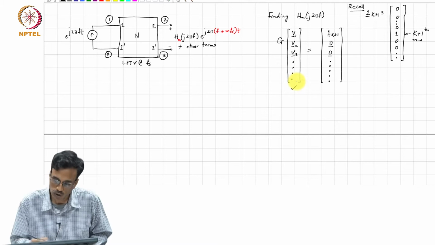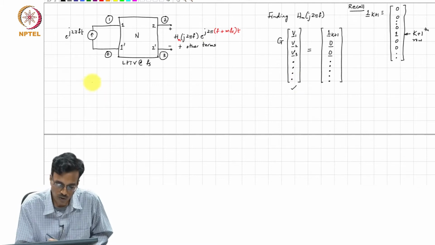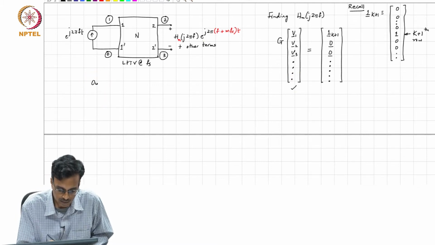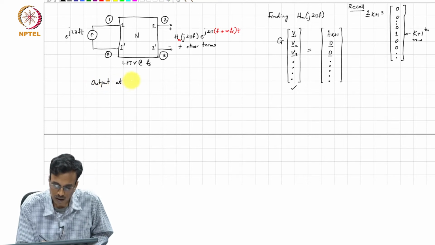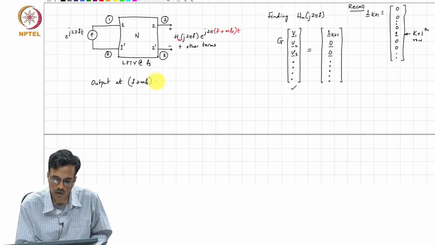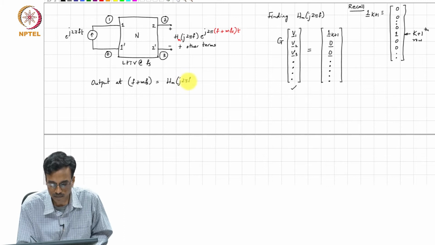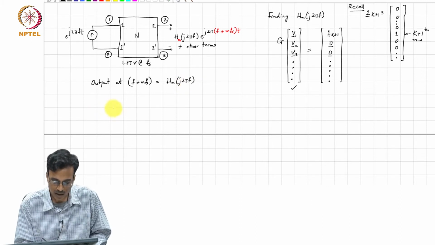So the output at F plus MFS, which is equal to H sub m of j 2 pi f, is simply given by